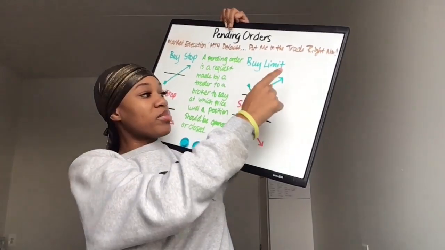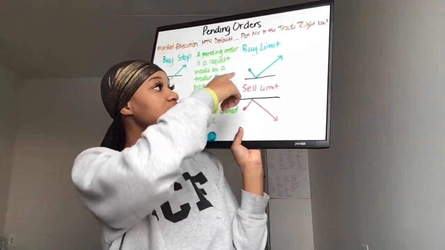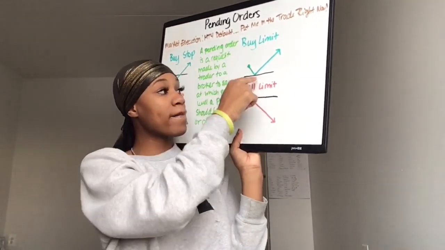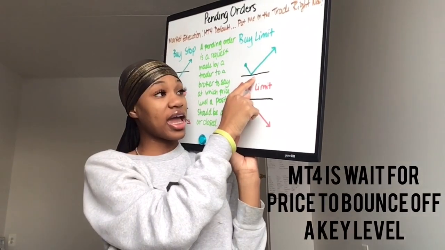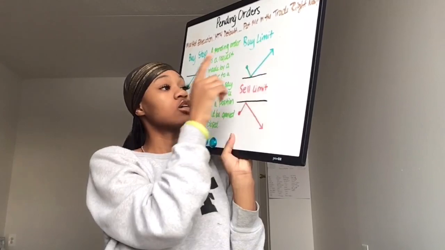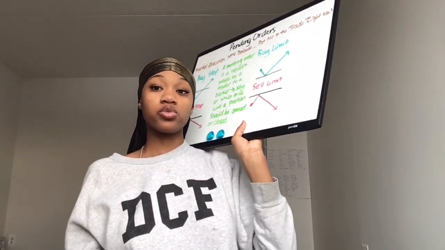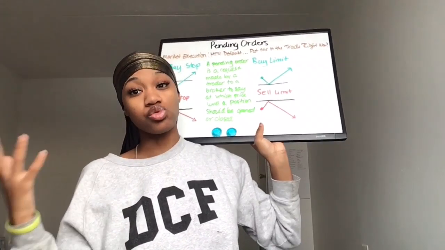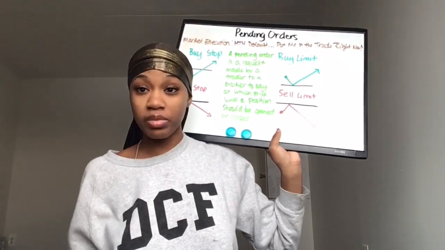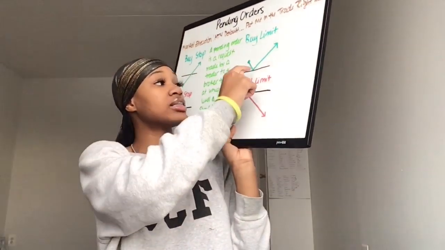Now we're going to go to a buy limit. So a buy limit is basically saying price is right now right here, right? You want price to come back down and then activate you into it and then go back up. Normally when you set limits, it's at a support or resistance line, a strong support or resistance that you know price might reject off of. And instead of waiting and watching your MetaTrader and potentially missing the move, you just go ahead and set a buy limit so that when